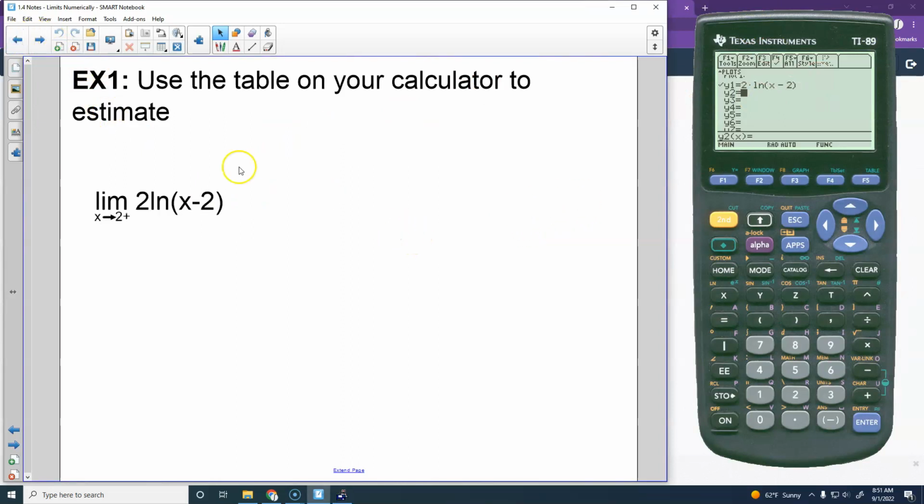Okay. So, we want to know what happens to this graph as x approaches 2. Just because I would like to see it, I'm going to look at the graph here and see if I can tell what's going on. From my graph, right here would be x equals 2. It looks like that line is stopping, but there's a chance that these graphs are sort of limited here. It looks like it stops at about